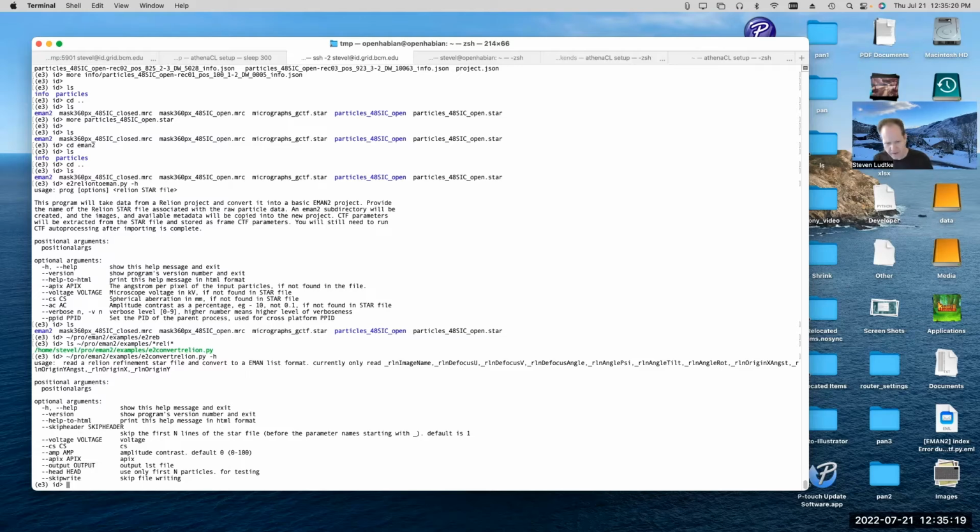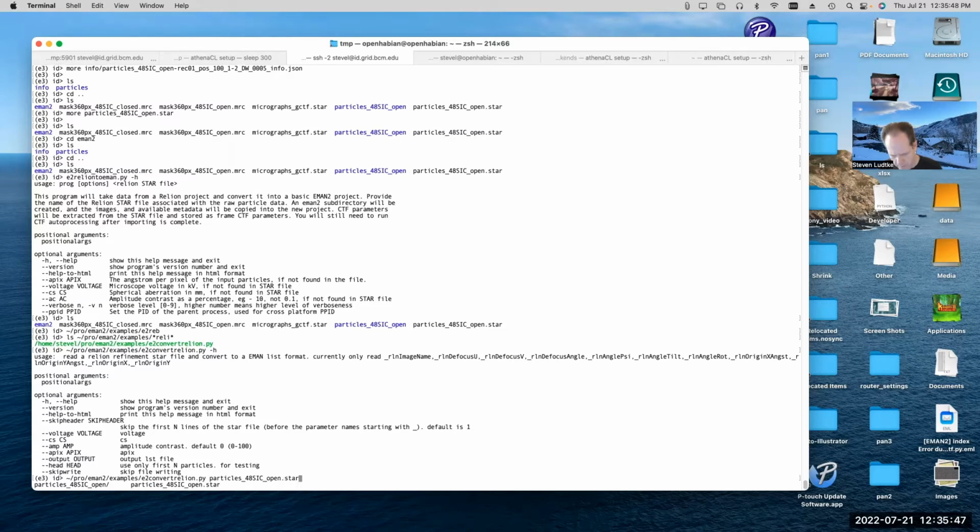Okay, this is very similar to the other program. It just generates one of these new format LST files instead of generating the old format JSON structure. So I'm going to go ahead and start that running now, because it's going to take a while to run, probably 20 minutes or something, because we're talking about 14,000 micrographs to deal with. So we just give it the name of the star file. And I don't think we have to give it anything else. I'll go ahead and say v1 for a little more verbosity, so we see what it's doing. And yeah, that's it.